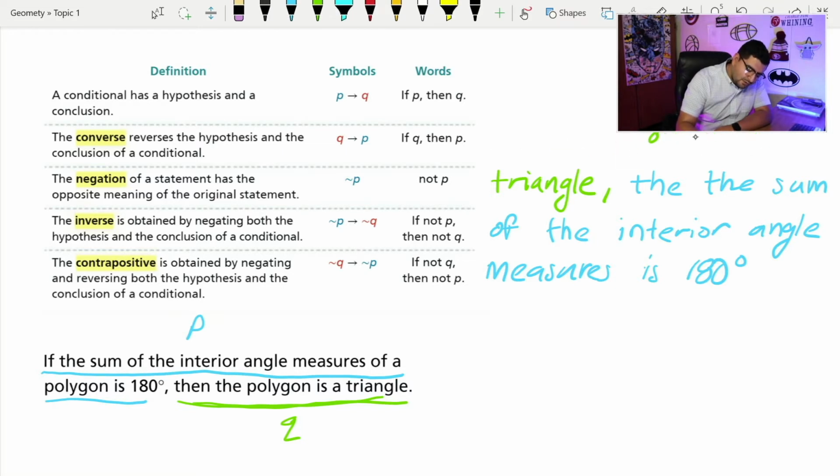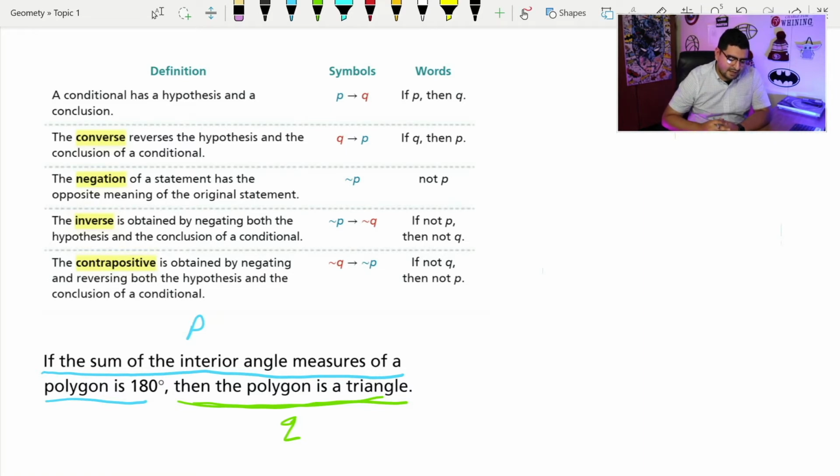Now let's talk about what a negation is. The negation of a statement has the opposite meaning of the original statement. So what that means is, let's say I want to negate P. The way we denote that is we write a little squiggly line, and that means the negation of P, and we write down the opposite of P. If I write down the negation, we write the opposite of what the original statement is, which would be: if the sum